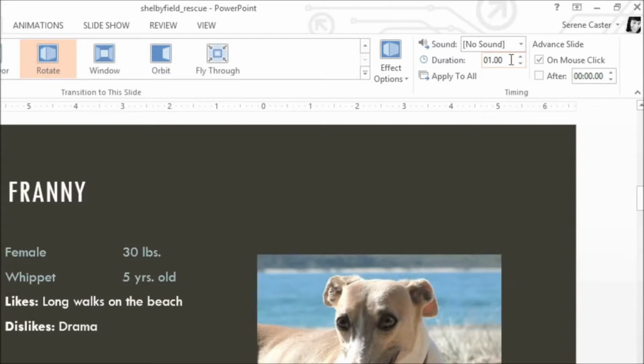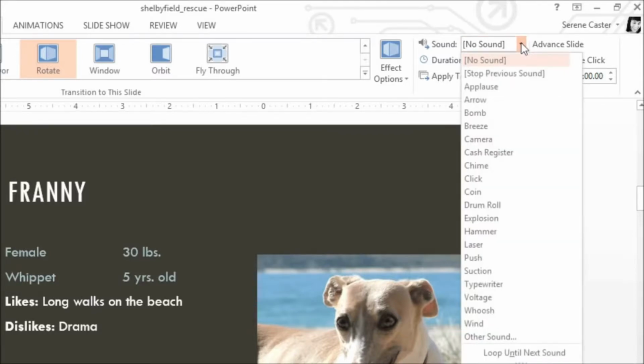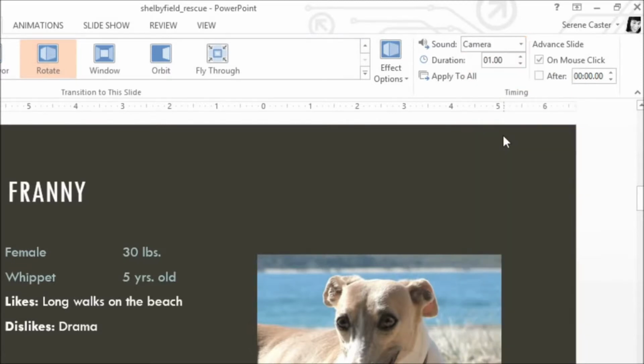You can even add a sound to the transition using the drop-down menu here. There are quite a few built-in sound effects to choose from. Just click the one you want, and you'll hear what it sounds like the next time you play or preview your presentation. Before we do that, there's one more thing I'd like to show you in the timing group,